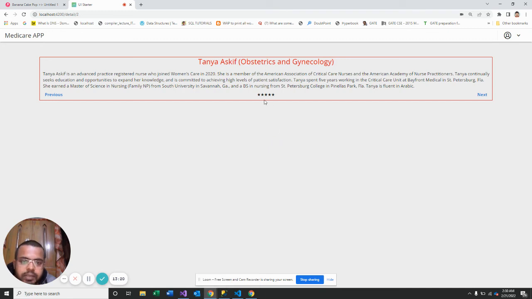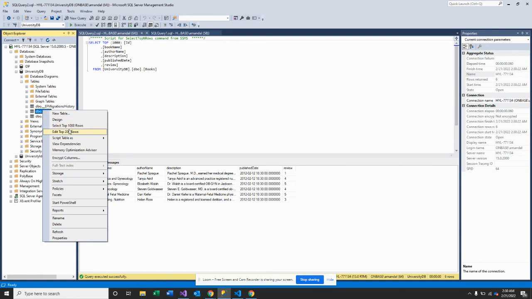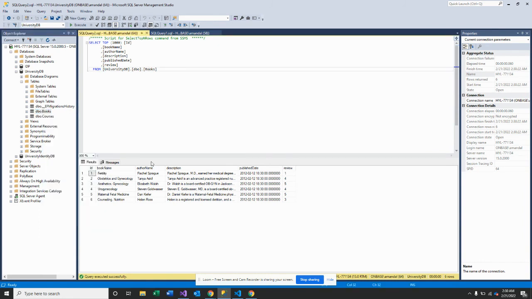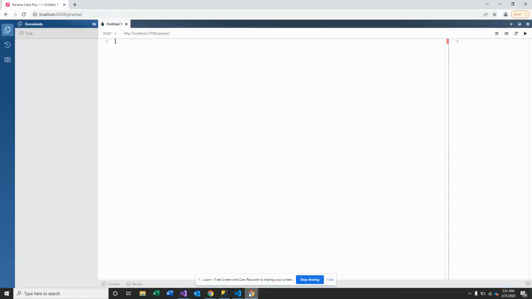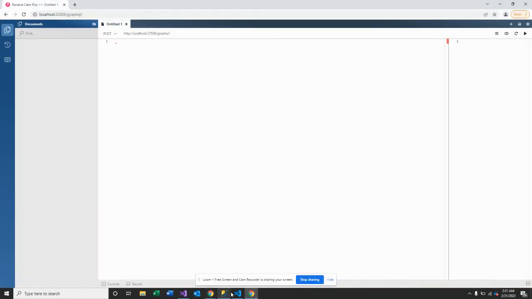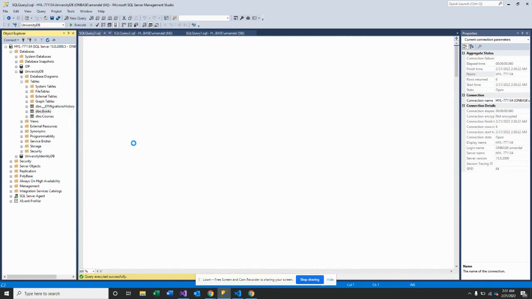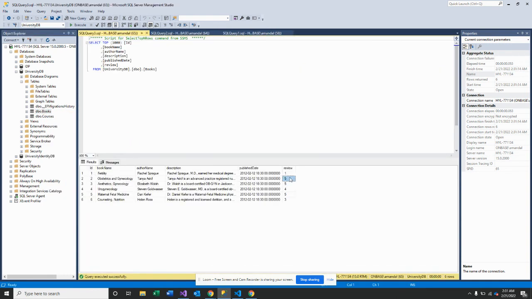The data that I am showing you in detail. Currently 4 star, but I have changed it to 5 star. Okay, then the result should be 5 star, not 4 star. Okay, updating. Okay, this is the 5 star.